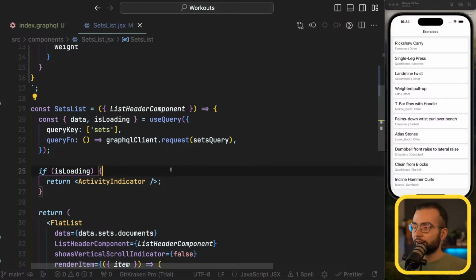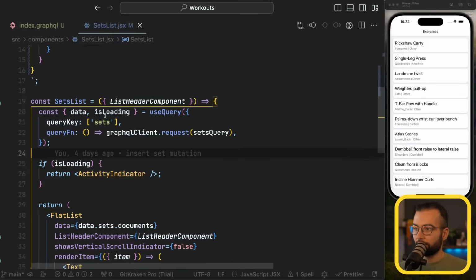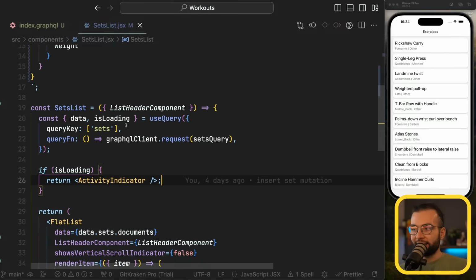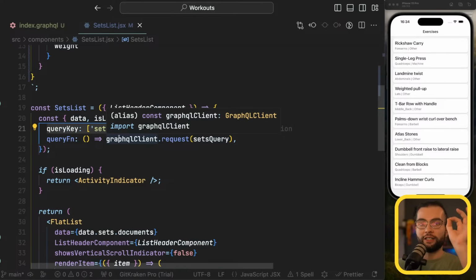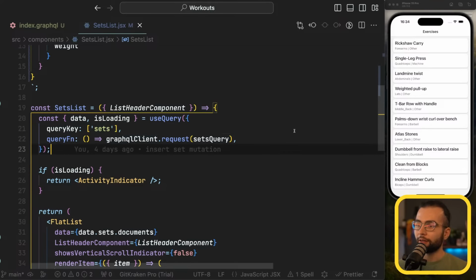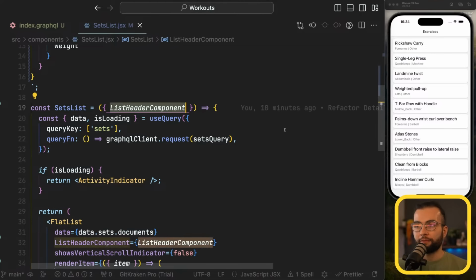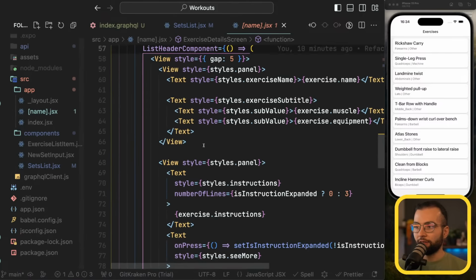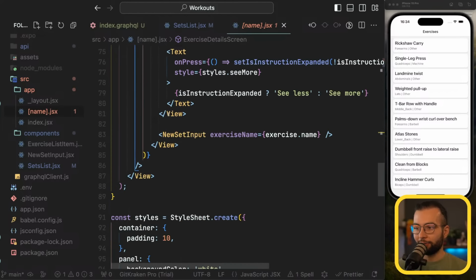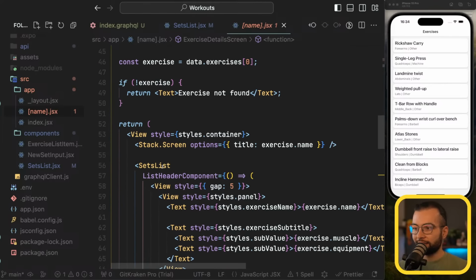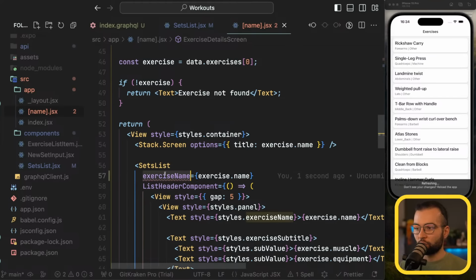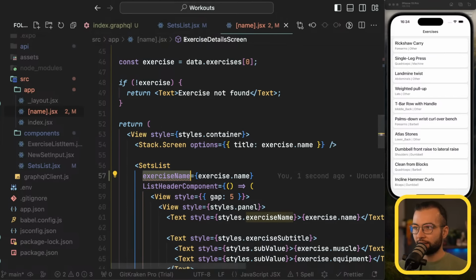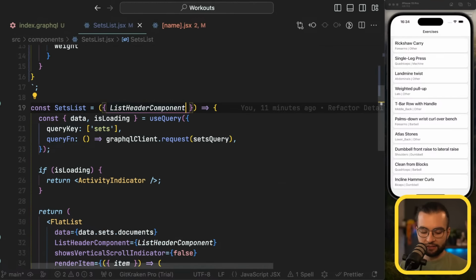Sets list. Because our query has a variable, we have to add it to our query key as well, because the queries for different exercises will be different. But again, we need to know the name of the exercise. Here we don't know it, but in the details screen, we know it. In a similar way to how we sent the exercise name to the new set input, let's send it to our sets list as well, because we need the exercise name in the list to be able to only query sets